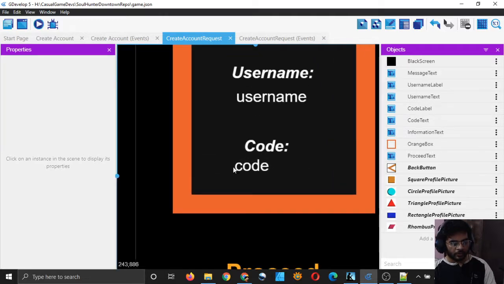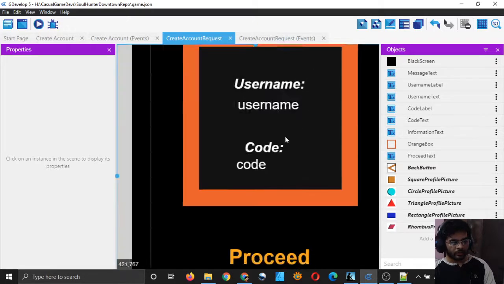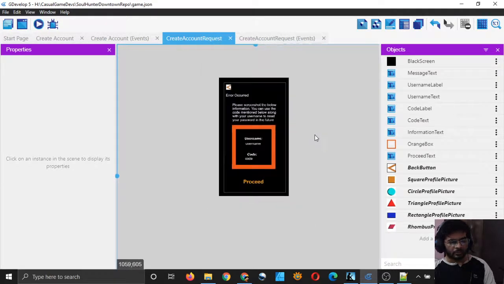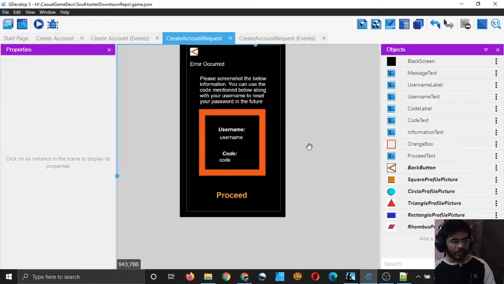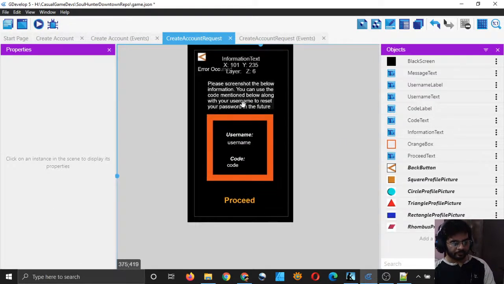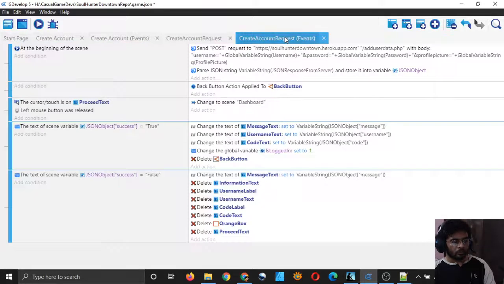They are not aligned to the center. The variables text objects in GDevelop fill like this. So that's why we have to put it here in a weird position, or you can simply put everything at the left side and then it will fill from left to right, but it's not important. You can do it any way you want. I think there may be a way to center the text, but we are not going to look into that too much right now.